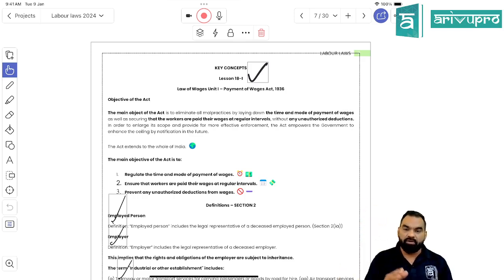means this is the law that was made by whom? The British government, and that was later adopted by whom? The Parliament of India, and now it is applicable throughout the nation. And as Article 370 has been removed, now this act is also applicable in Jammu and Kashmir, right? So the Payment of Wages Act 1936 is trying to imbibe discipline on payment of wages to the worker working in an establishment where this act is applicable.